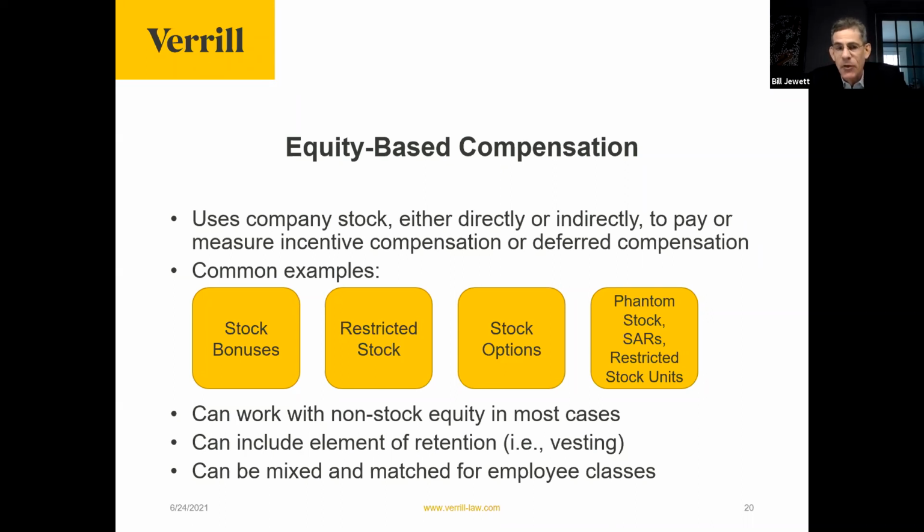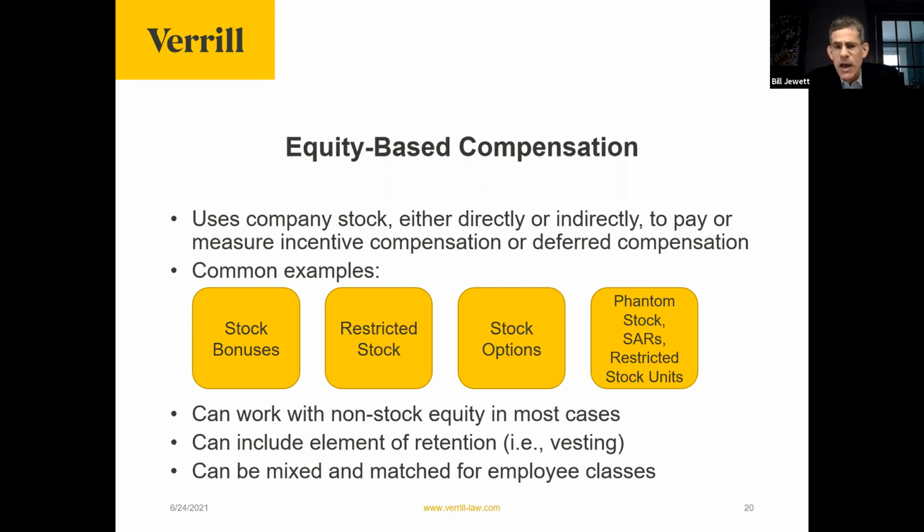And some common examples we'll discuss are stock bonuses, just handing over a number of shares. Restricted stock, which is essentially the same but with restrictions so that you have to earn the bonus. Stock options, and then various other arrangements, phantom stock, stock appreciation rights, and restricted stock units.